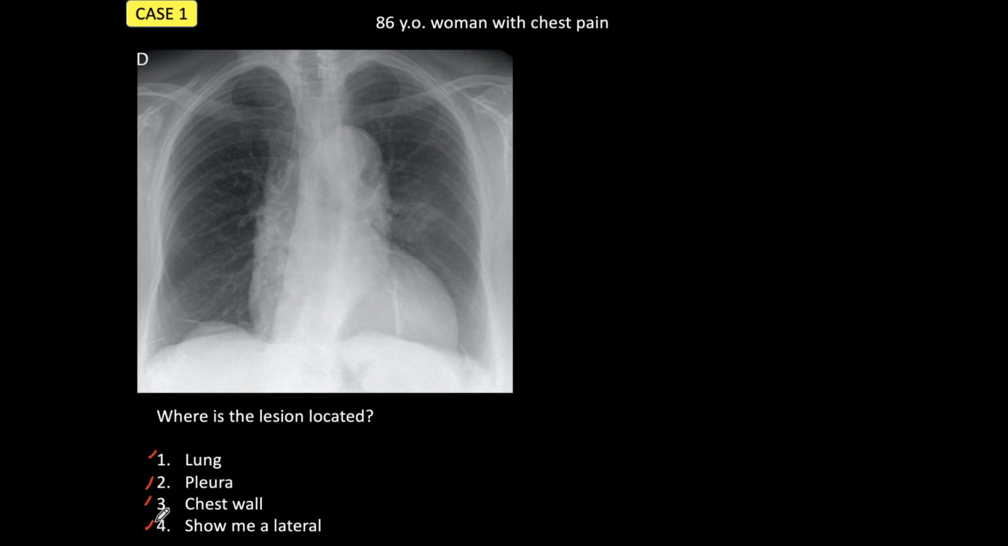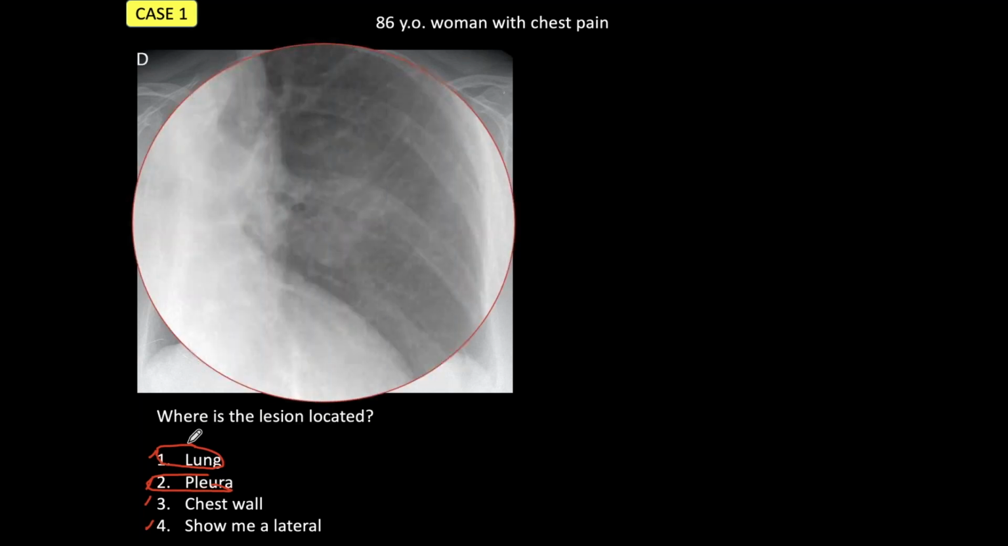Well, now we are back in the presentation. To me, to be honest, I will take the answer number 2. I'm sorry, number 1, I made a mistake. Number 1 is the answer because in the PA view, the density, the opacity is ill-defined and it looks pulmonary to me. But the sensible answer really is show me a lateral, because a lateral view may clarify many findings